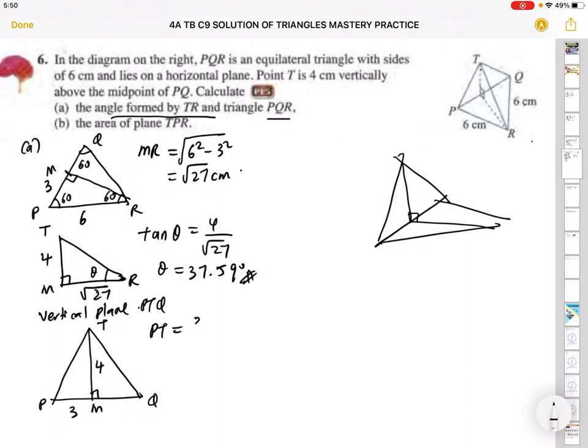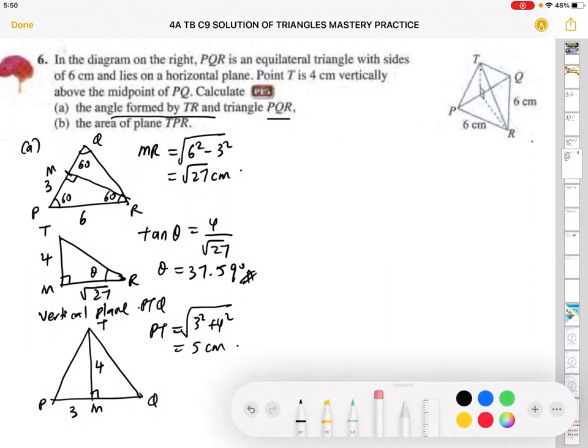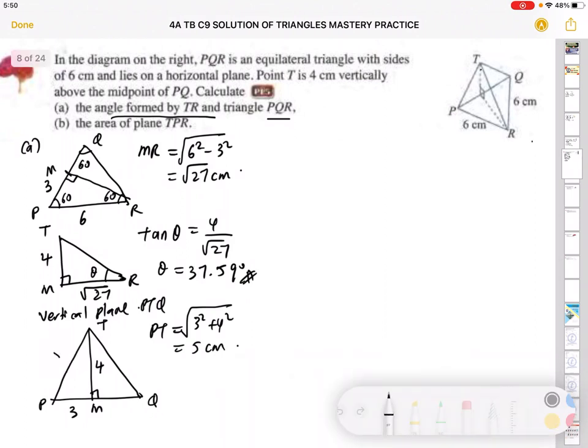You don't even have to count this. We know it's 5, right? PT is 5 cm. Alright, so now that I know PT is 5, oops, I used the wrong tool, I was supposed to use a pencil. This is 5. Okay, I want to draw out